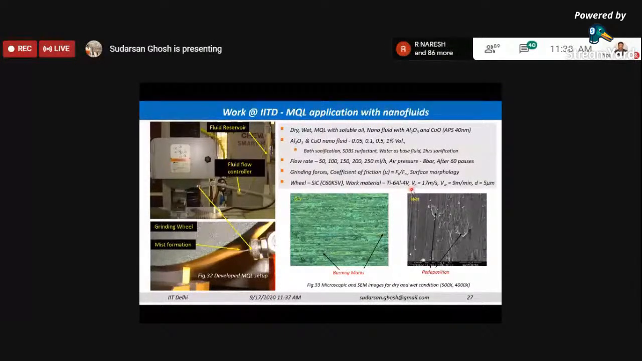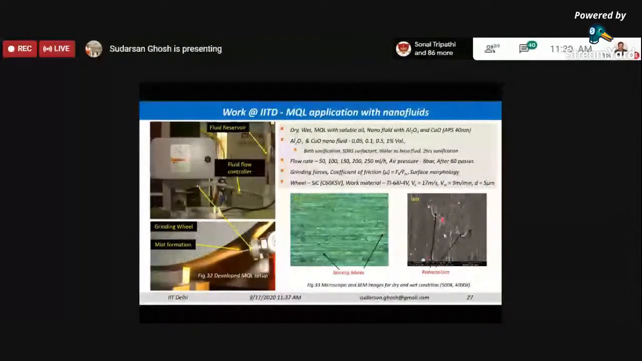When we are grinding it under dry condition, you see a lot of burning marks can be observed. This is the optical image of the ground sample. You can see this blackish type of marks over here. These are all the burning marks, which indicate that the surface temperature has become very, very high. In case of wet, the burning marks are not present, but there is another issue,